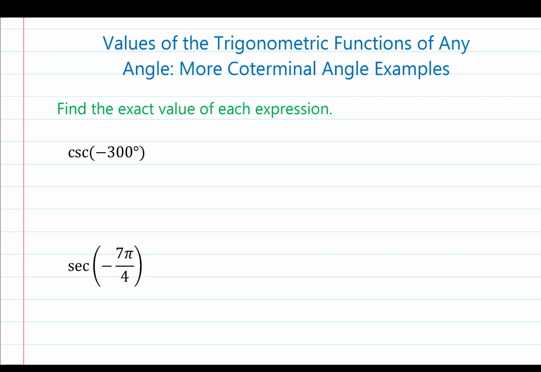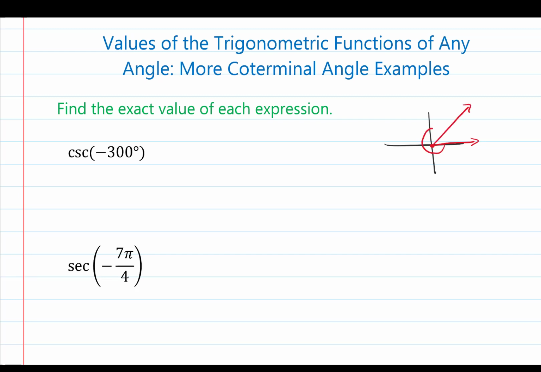Welcome back, mathematicians. In this video, we are going to find the exact value of each expression using coterminal angles. We're going to start with the cosecant of negative 300 degrees, and what I'm going to do is plot negative 300 degrees in standard position. So it'll be a positive x-axis for the initial side, and the terminal side will be in quadrant number 1